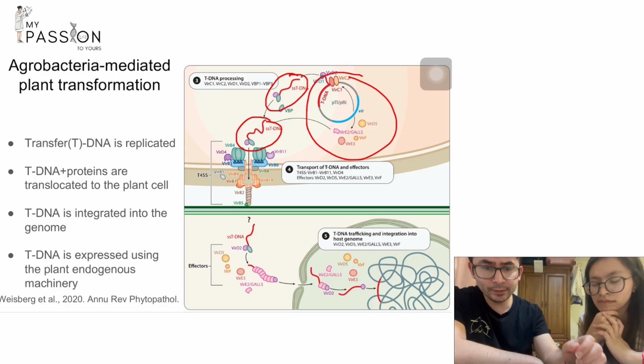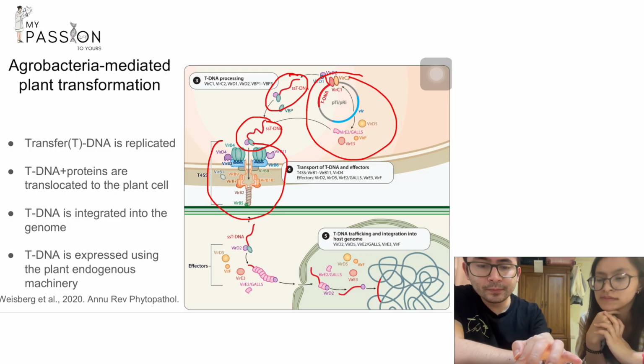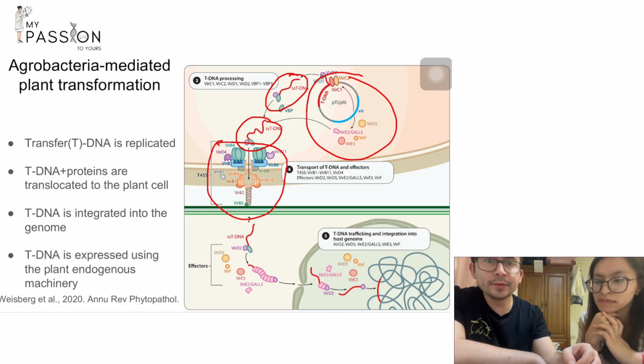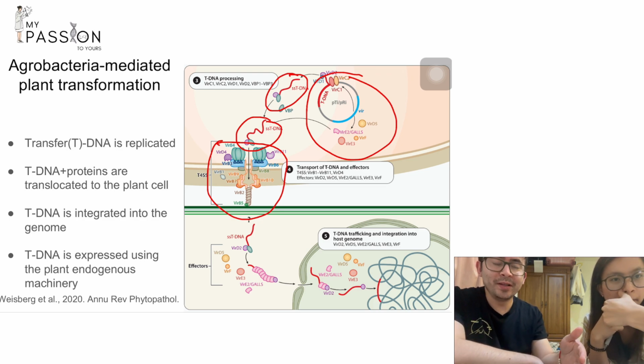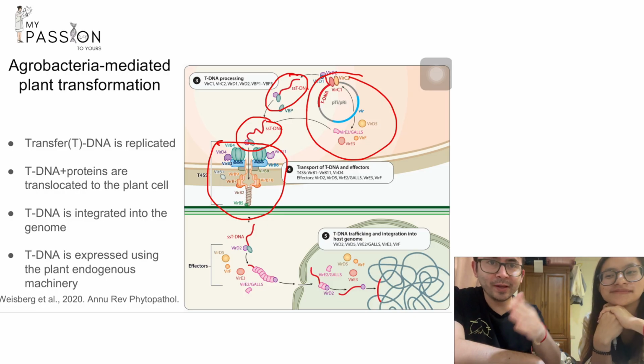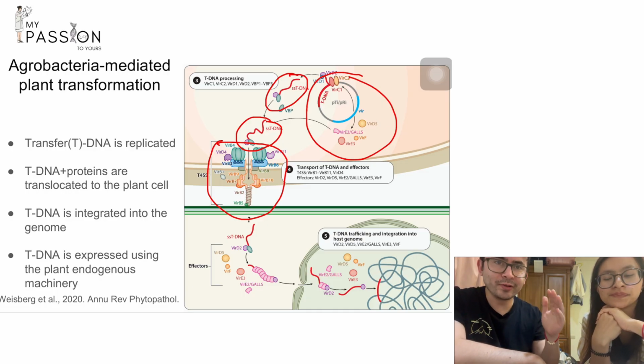Okay. And the other part of the system that I already mentioned is the type 4 secretion system, which is the machinery that you see here. And you can see that machinery is very complex. I think that's a very cool part of Agrobacteria, because this is telling you how complicated things actually are. Because you can imagine, normally people in the lab just put the bacteria together with the plant and you observe the phenotype. But what is cool is that that's done in a very sophisticated and very complicated way that people not always realize how difficult it is to do that at the microscopic scale.